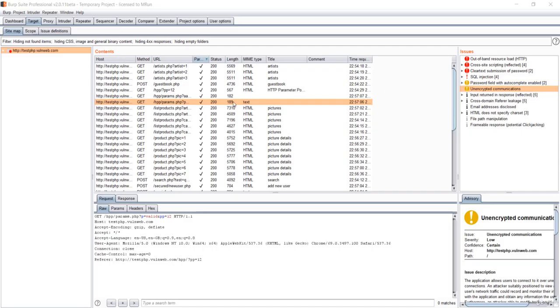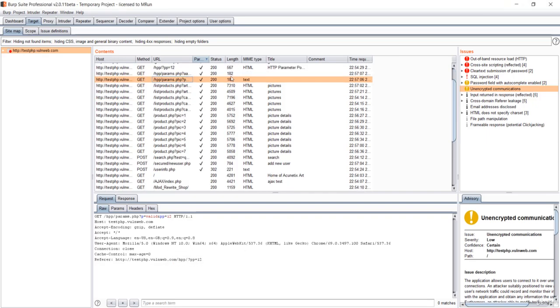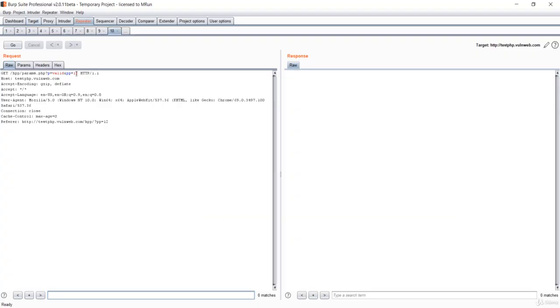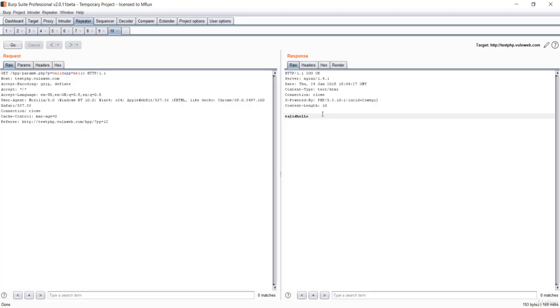First of all, let's look at the XSS attack, because the primary thing for URL redirection is XSS. This is our test website. I have already made the target of this test website, and if I go to this link, let me send this to the repeater as always. Let's look at this pp parameter over here. Let's type hello, press go, and see if this hello has been reflected or not. Simply, you can see hello has been reflected right here. That means this is the parameter that has the vulnerability for XSS.